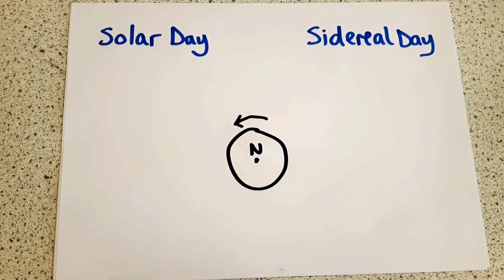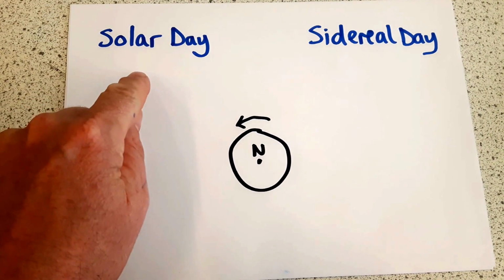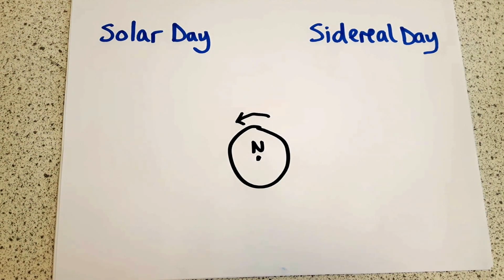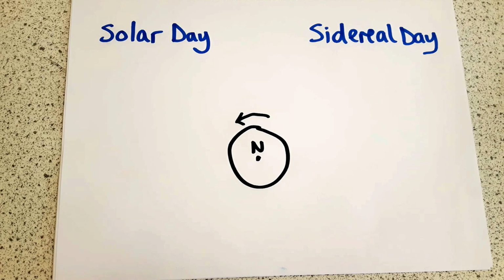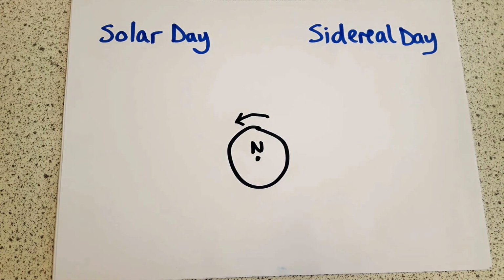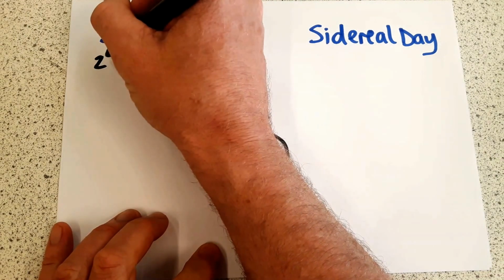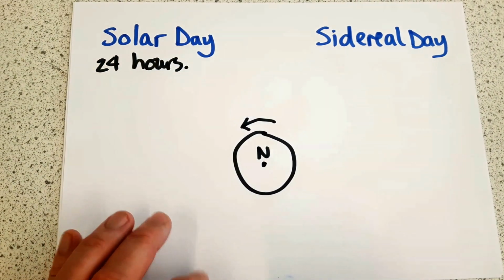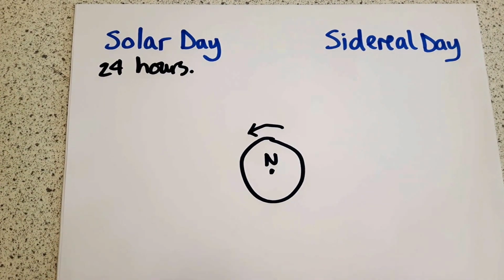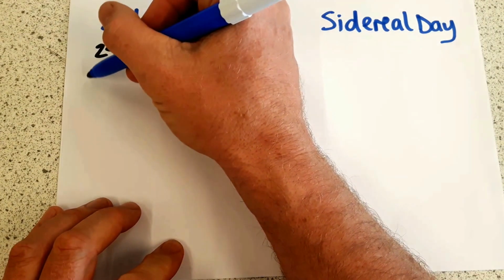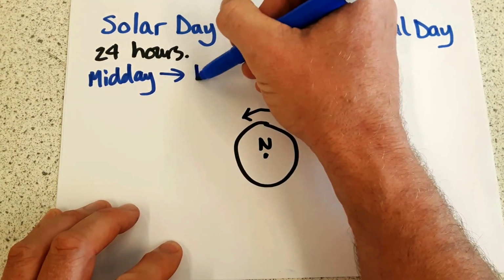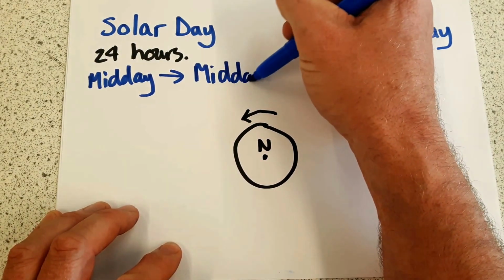during each day. And the solar day is the time it takes for the sun to appear overhead, so midday from one day, to directly overhead midday the next day. And that's called a solar day. And that takes 24 hours. And as I said, it's the time it takes for the sun to appear overhead one day, overhead the next